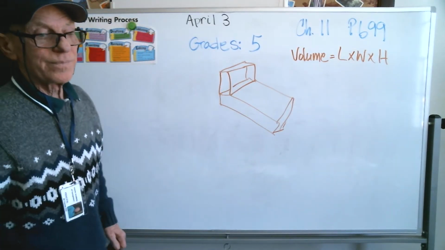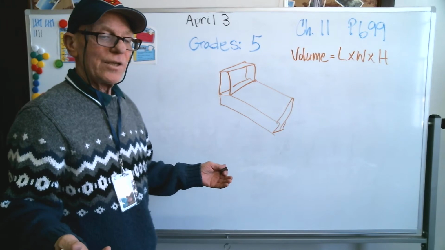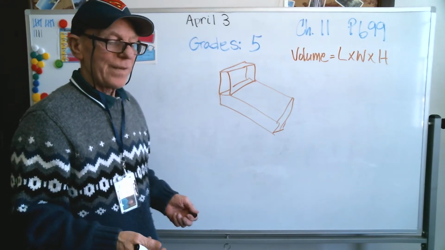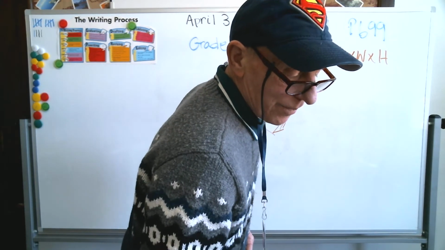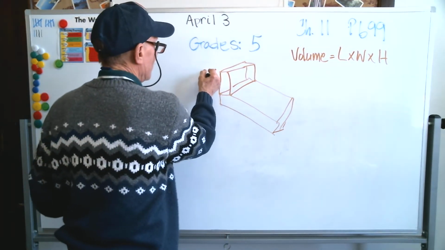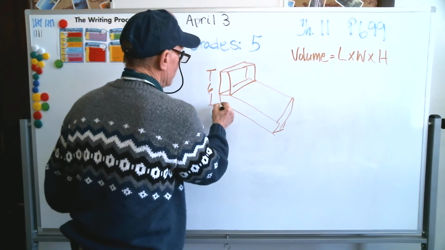Now you've got basically two different shapes. And the example on page 699 in your book says that this dimension is 6,